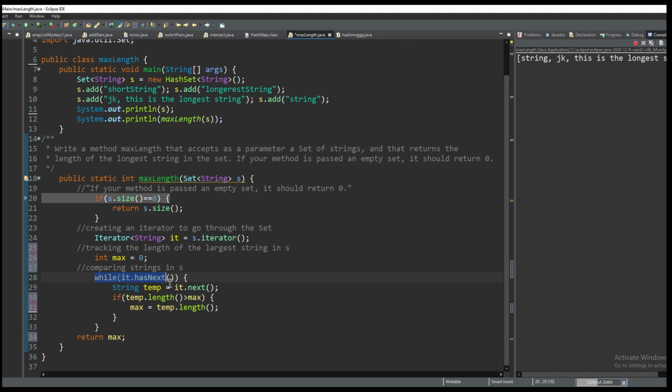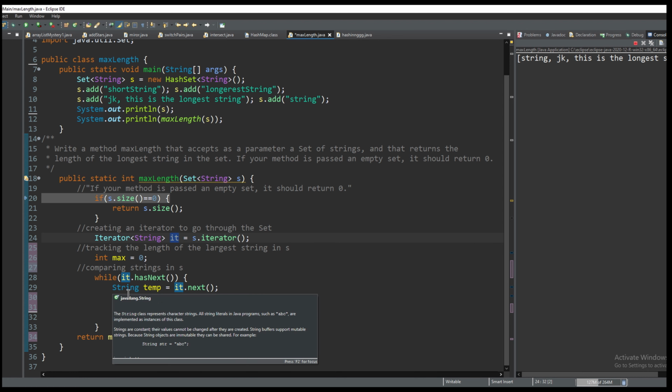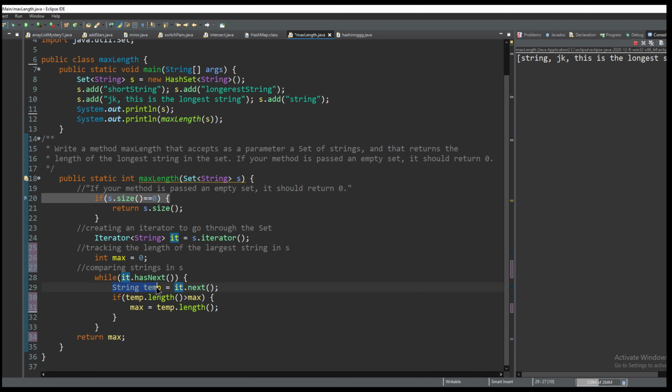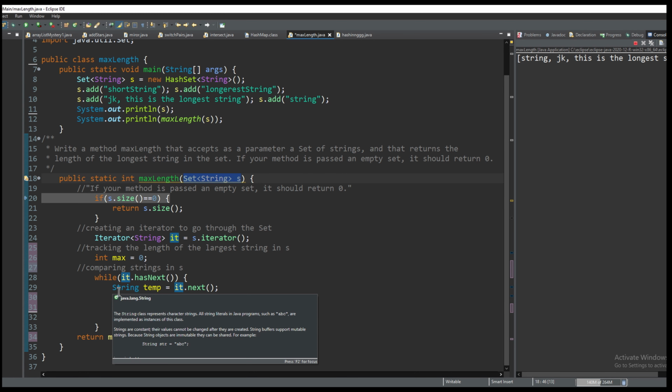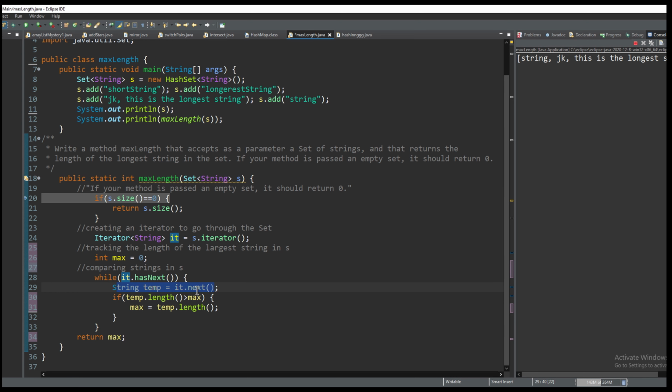We're going to do while it.hasNext. So while this iterator has a next value, it will assign a temporary value to it.next. While it.hasNext, so while this set has values, this loop will run. Inside of the loop, we have String temp is equal to it.next. What this does is it makes a placeholder for the first